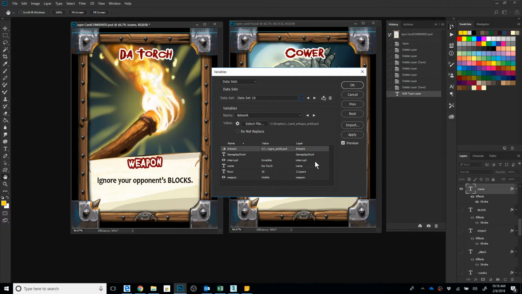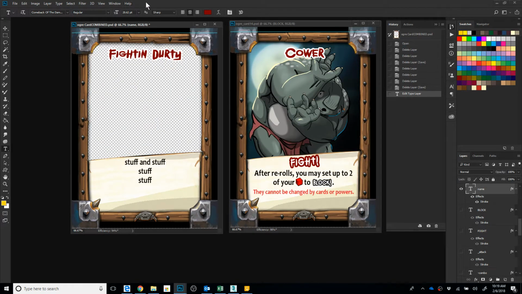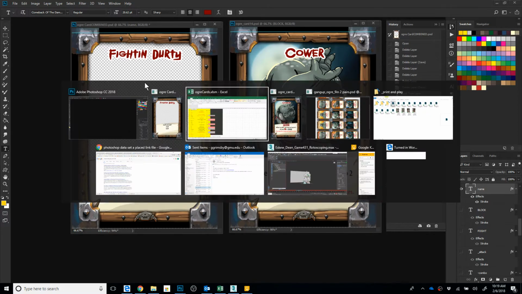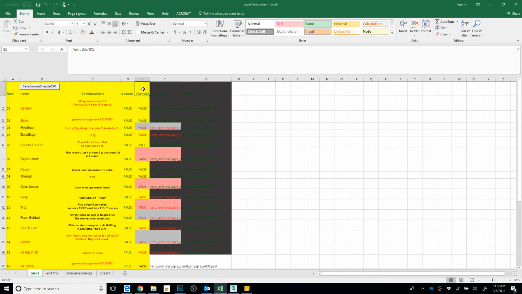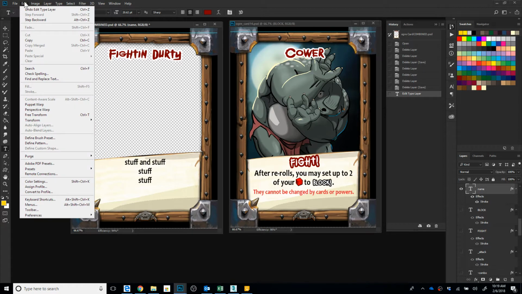So there is the torch, which is, again, artwork, specific text. And I'm turning on the weapon label. I'm making it visible so that it shows. The net result is once I've set up the spreadsheet and I have my template and I've created all of the associations between these headers, header names, and the names of my layers, I can then export this all out by going to